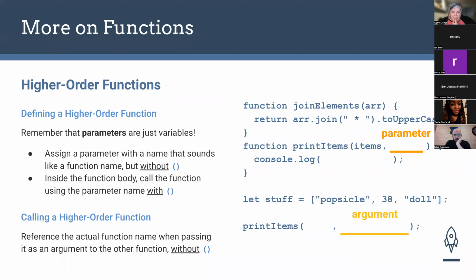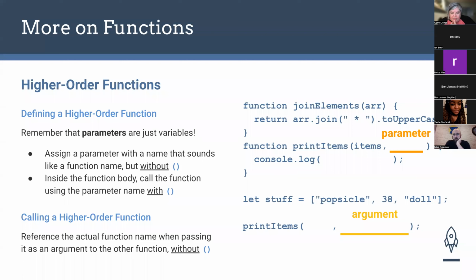So let's look at this example. We've got this function join elements. We're passing some sort of an array. That's the plan. Array is the parameter there. And it's just going to join something together with space, asterisk, space, and then it's also going to make it uppercase. So we have a second function, print items, which is going to